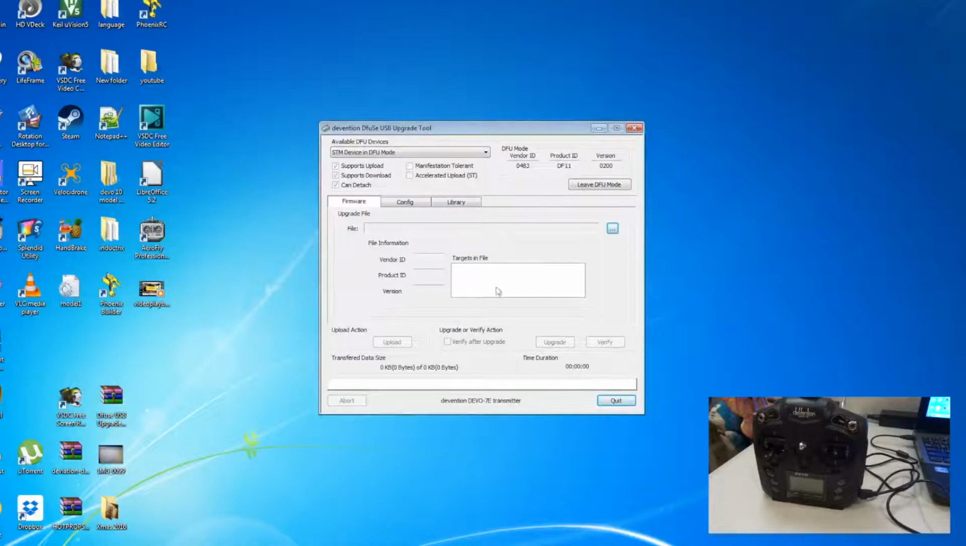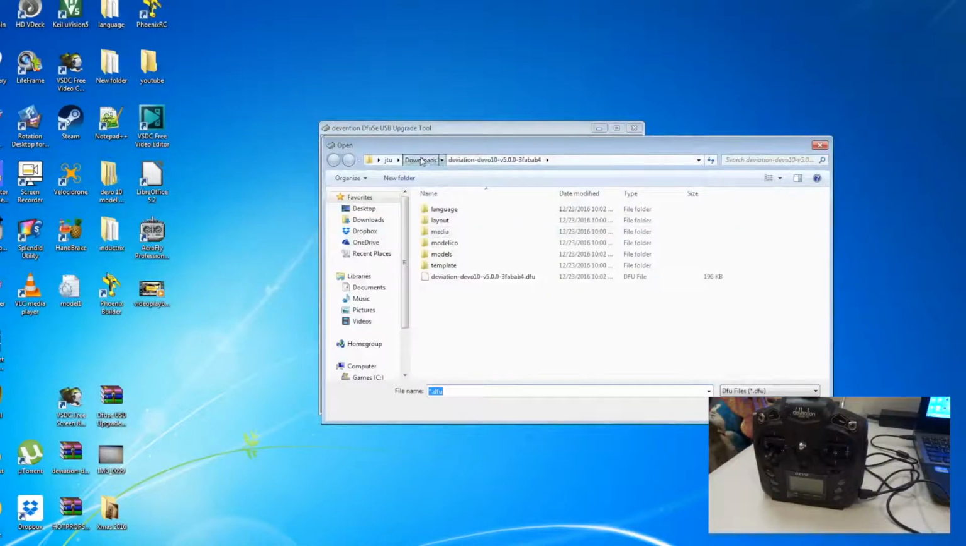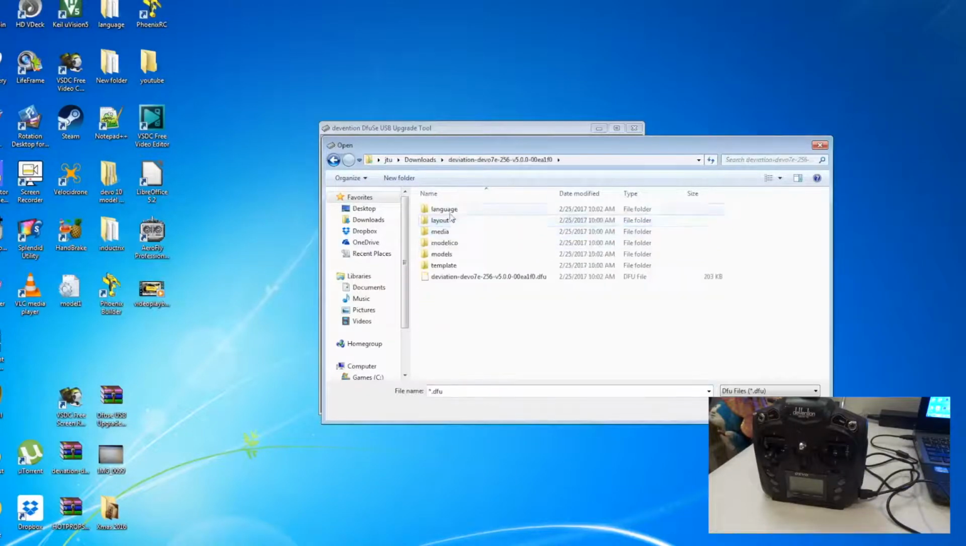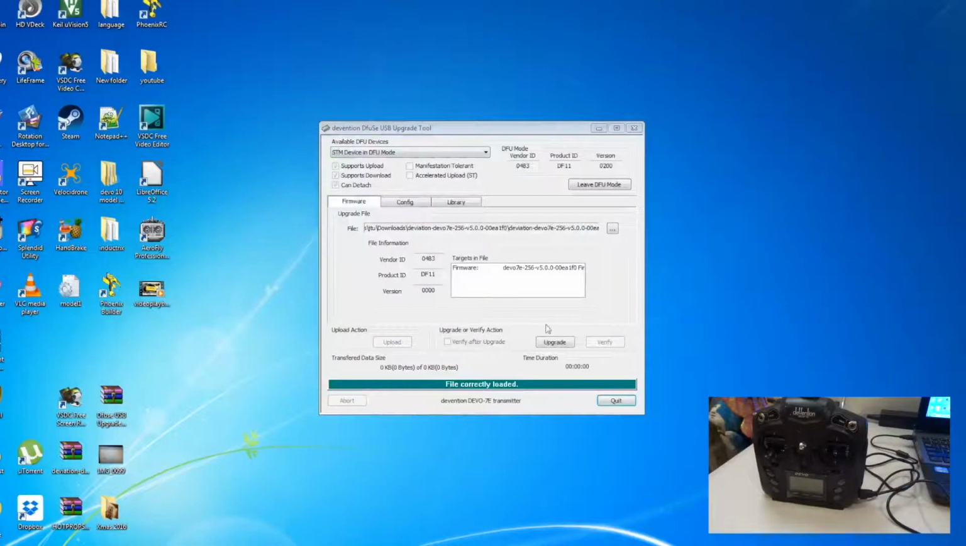So what you need to do, you need to browse for target, and then you go to download, and this is a Devo 7E, so you find the Devo 7E folder, double click on that, and then you double click this one. So what you do is you click upgrade. Once that is done, then your Devo 7E will have been flashed, so you can quit,